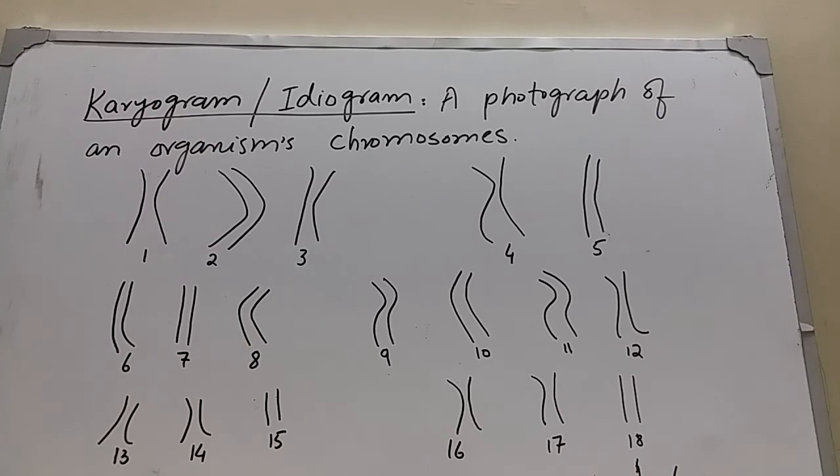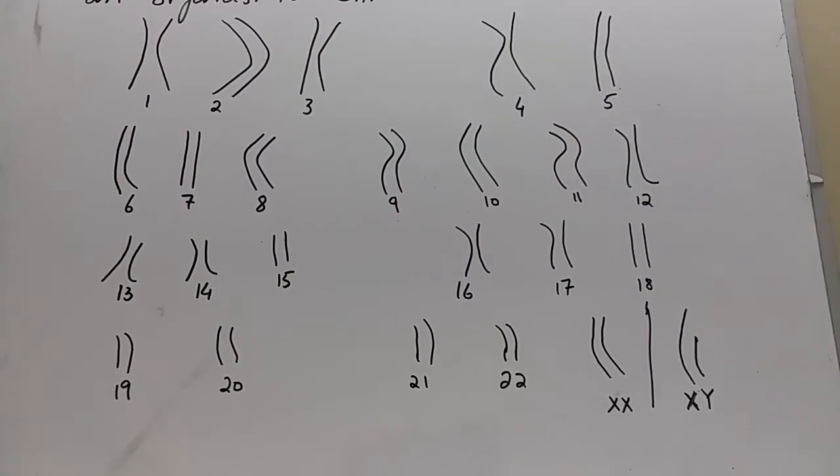are shown. In the next row, chromosome number 6 to chromosome number 12 are shown. In the third row, the 13th to 18th pairs are shown, and in the last row the 19th, 20th, 21st and 22nd pairs are shown. So now it's the full diagram, a full karyogram of a human being.